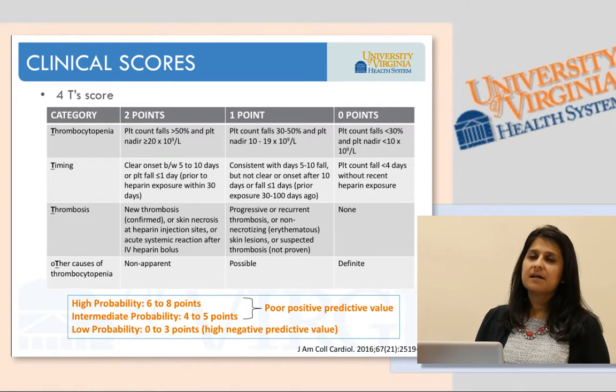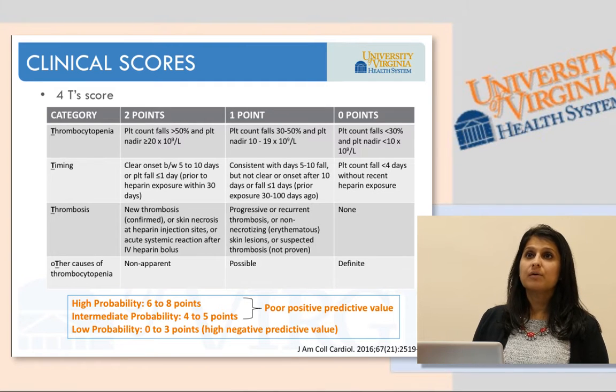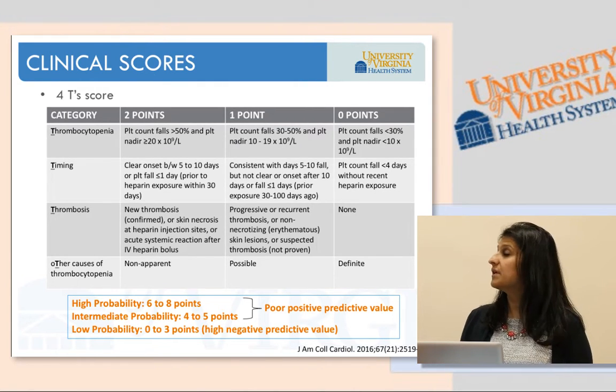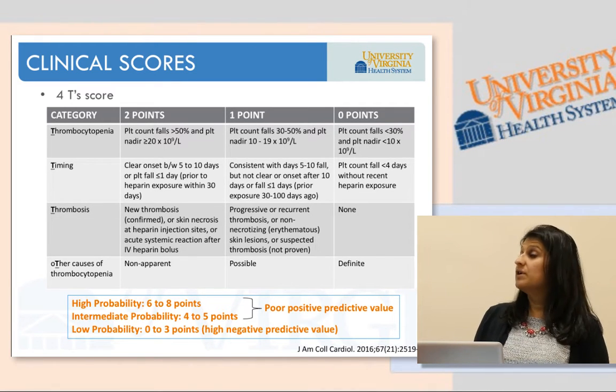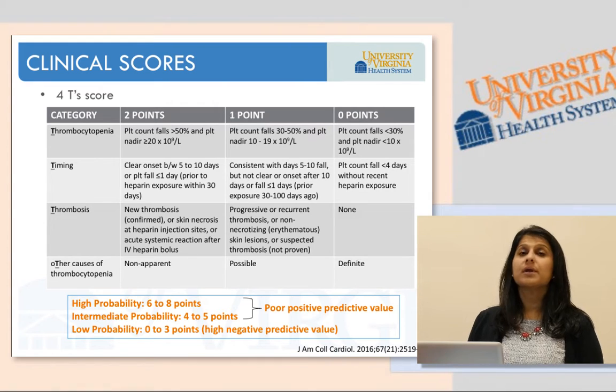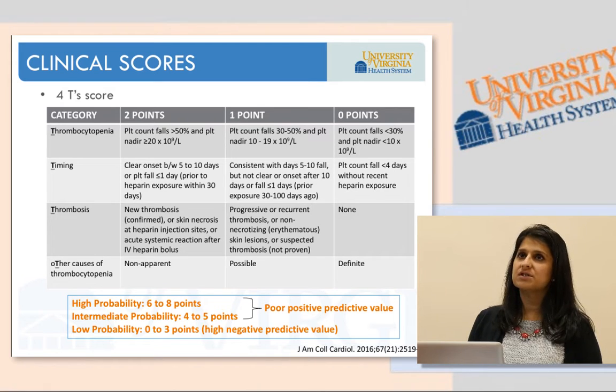Oftentimes when we get consulted on heme, we see that this part wasn't really looked into very well. So we really need to think about what other drugs put a patient at risk for thrombocytopenia, what other procedures, and what renal replacement therapy patients are going through that could put them at risk. We could really help and contribute to our colleagues by paying a little more attention to the other causes